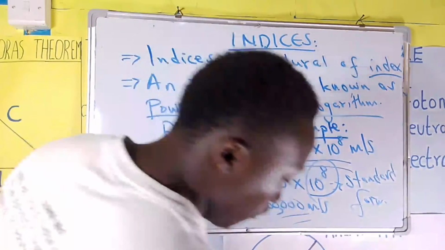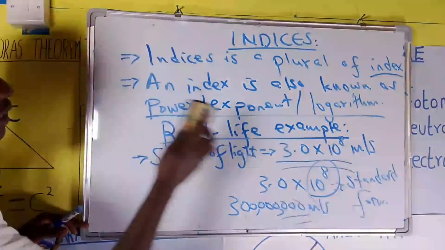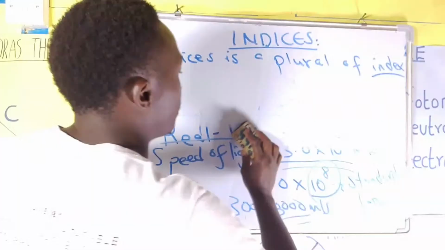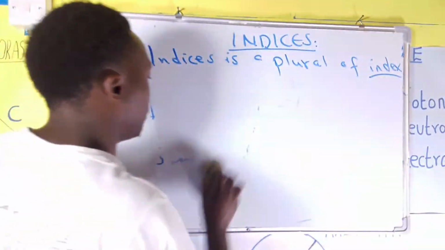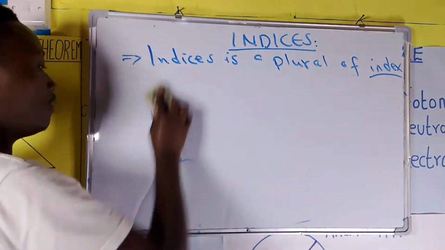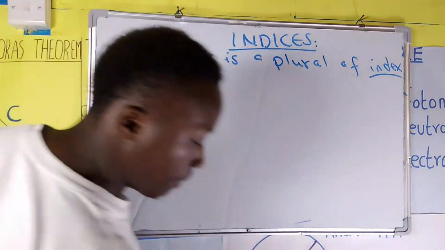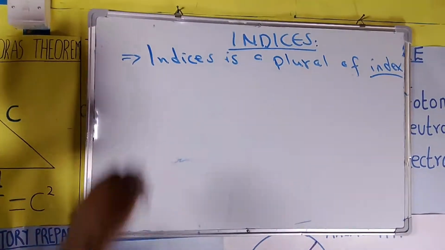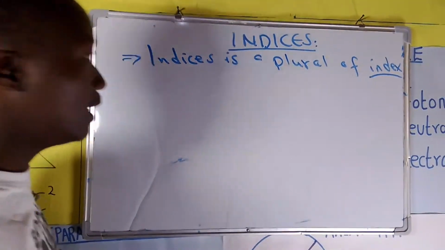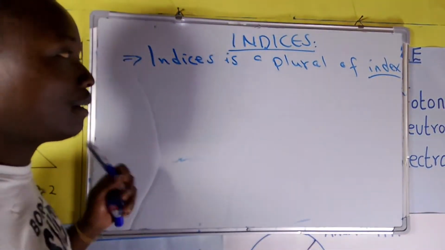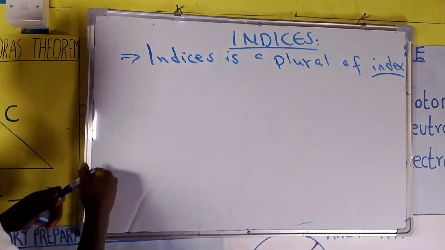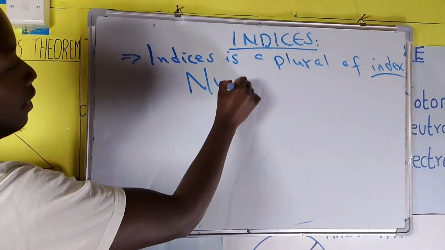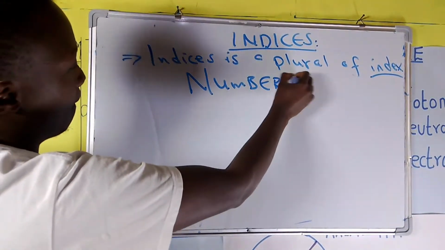So when we talk of powers or the index, as we have said, indices is a plural of index. So don't overthink on where the term indices came from. It is a plural of index, and we have said that an index is an exponent, it is a power of a number, or it is the logarithm of a number. So let us have some numbers here,